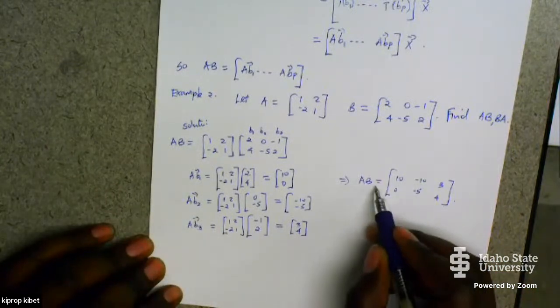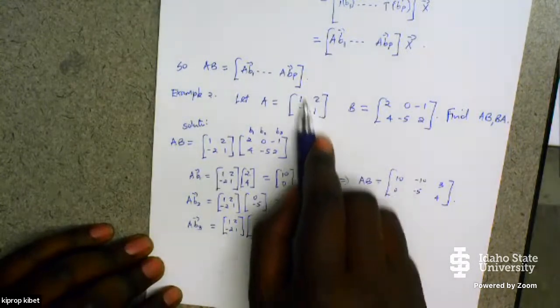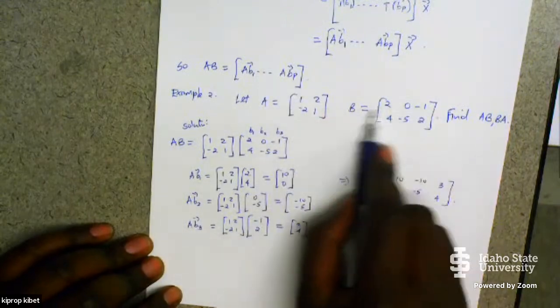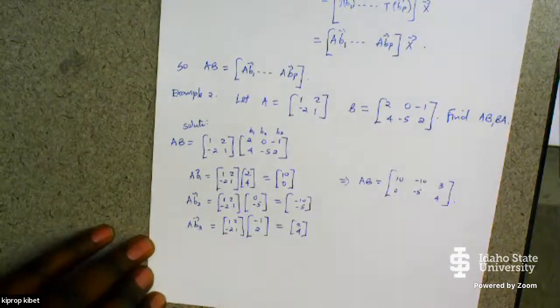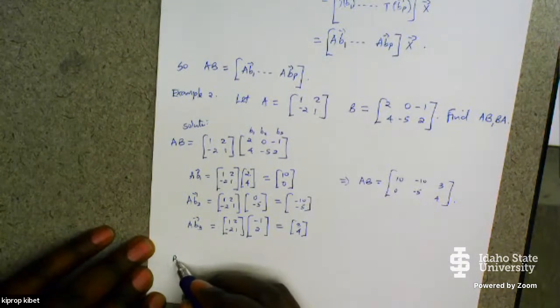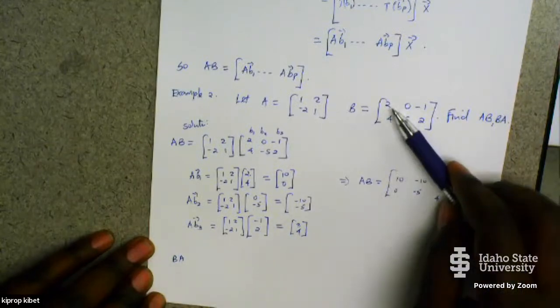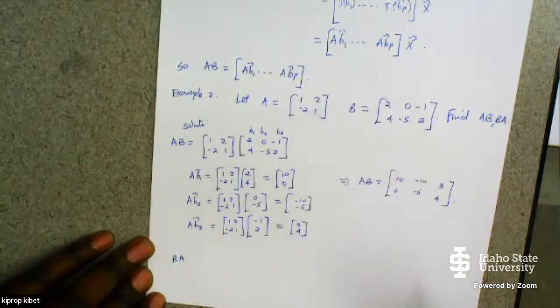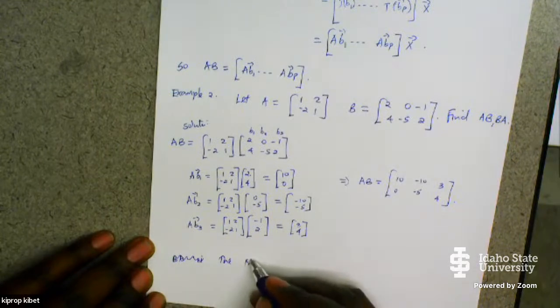So in this case, it is defined because the number of columns in A equals the number of rows in B. Now, what about BA? If you look at the number of columns in B, they are not equal to the number of rows in A. So BA is,